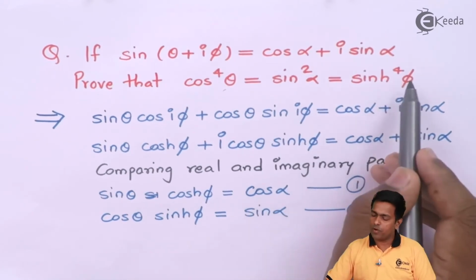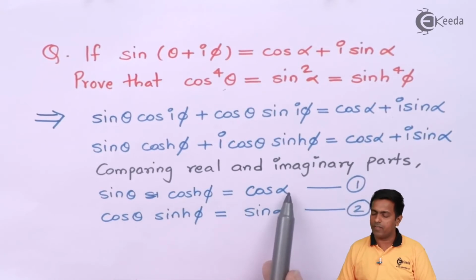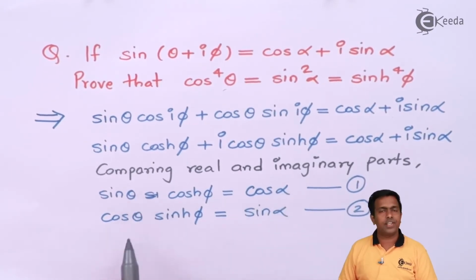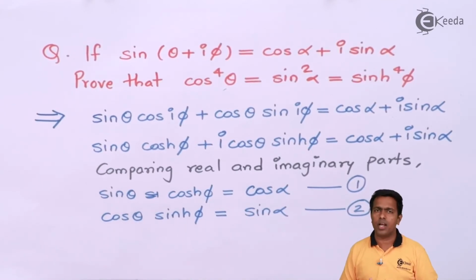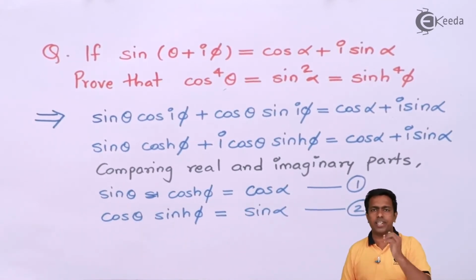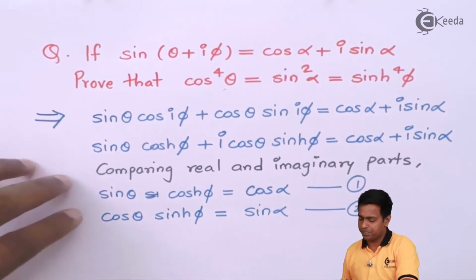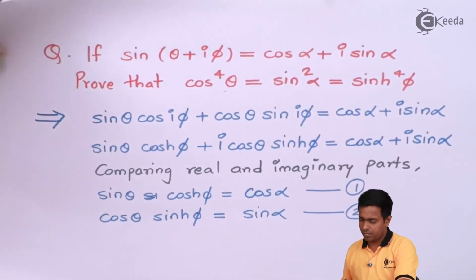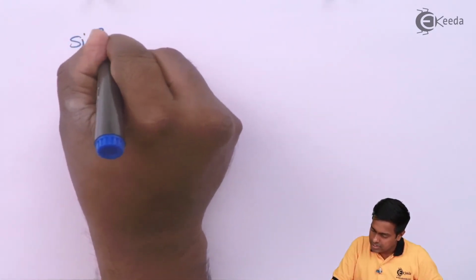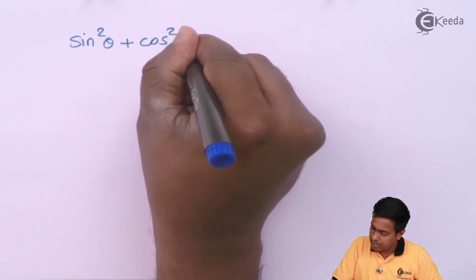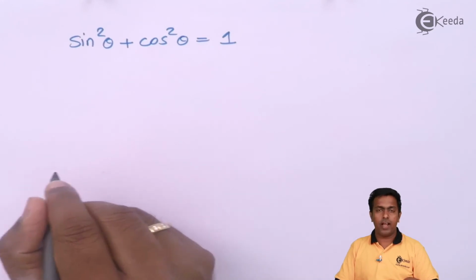Now guys, since I want phi and alpha, and in the equations I have theta, phi and alpha, I will eliminate the theta term. So to eliminate theta, here I have sine theta and cos theta. So we know the formula, sine square theta plus cos square theta is equal to 1. And by using that formula, we can eliminate the theta. So here we'll say sine square theta plus cos square theta is equal to 1. Now let's put the values.